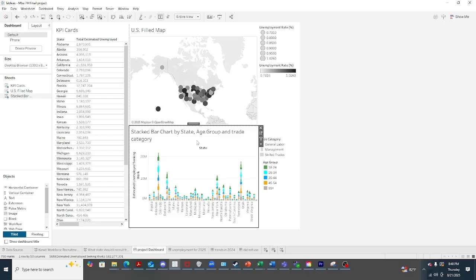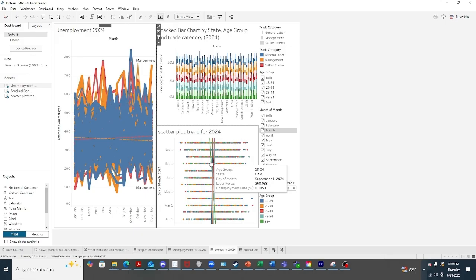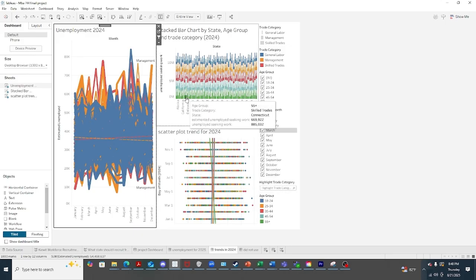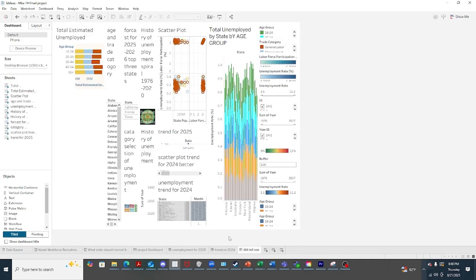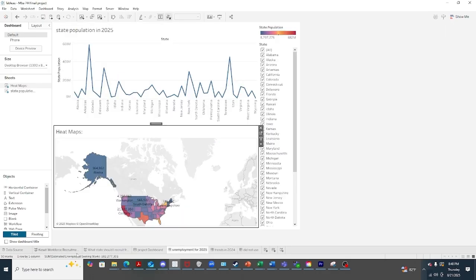So these are two. This is for 2025. This is a good dashboard for 2025 as well. It shows your unemployment rate. And then I also left this one because this was a good dashboard for 2024. And then I still left these in here because these are my do not use. And I really did like these ones, so I left them in here. It's all hidden. When I cleaned it up, I hid it all.